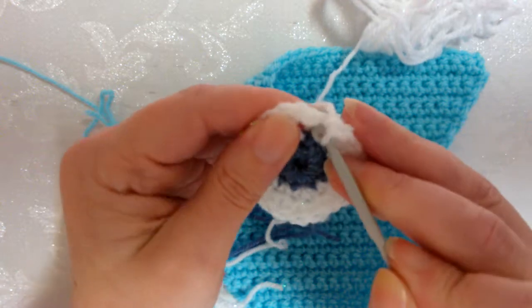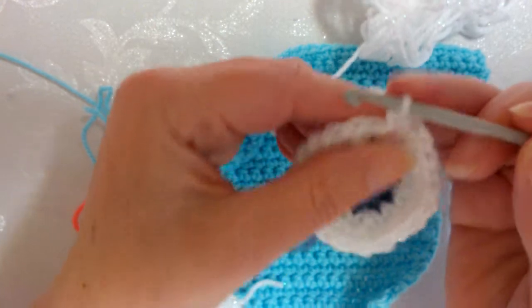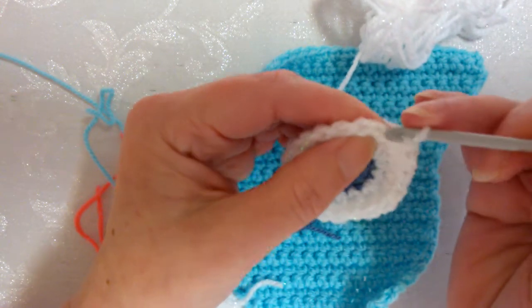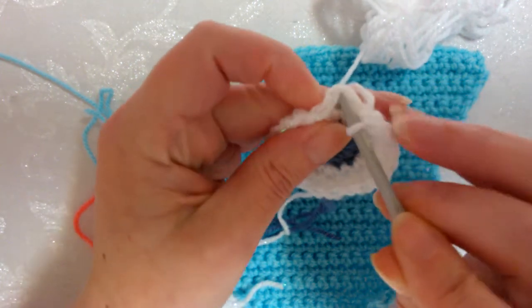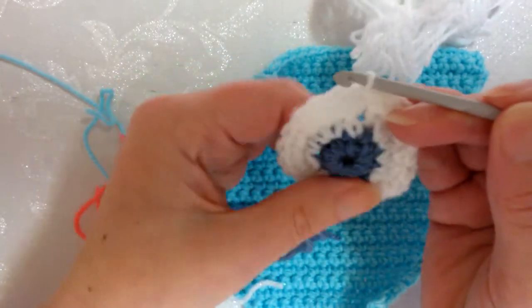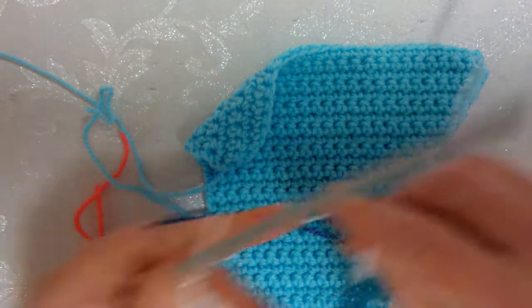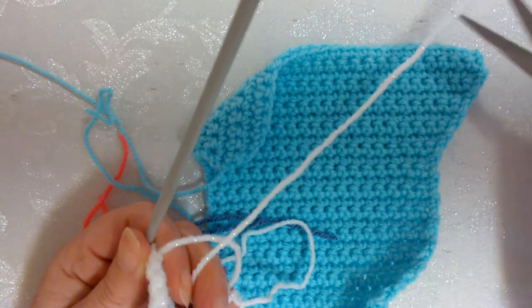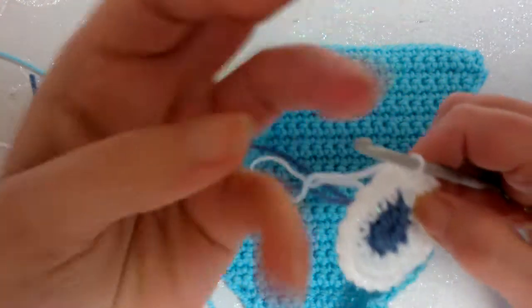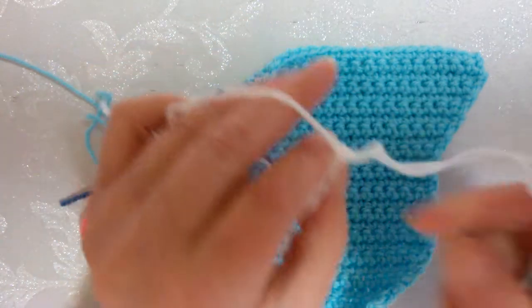we can work one more single crochet in there, so we've actually got 21 stitches just to bring us up to a nice level, and then we can ignore that stitch there and slip stitch into the next one along, and that will give us our nice round eye. Now we're going to leave a longer tail that we finish off with the white. It doesn't have to be too long, but this is so that we can sew the eye to the actual owl. So same again, we're going to pull this all the way through